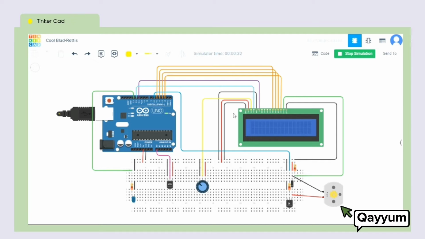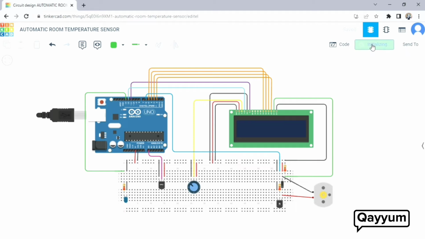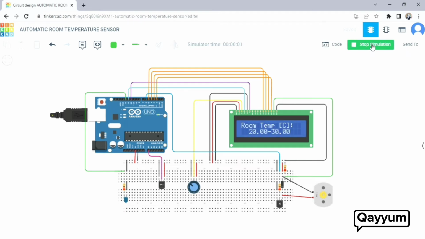For this project, 3 circumstances must be inspected, which are normal temperature, lower temperature, and high temperature. This project is carried out to turn the fan and heater on or off depending on the condition. Prior to that, we established the normal temperature to be between 20 and 30 degrees Celsius. Based on this simulation, the temperature sensor has detected a temperature of 24.78 degrees Celsius. As a result, the output indicates that the heater and fan will be turned off because the temperature is within